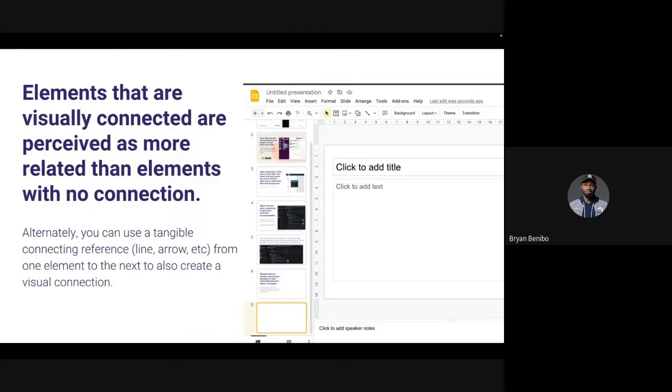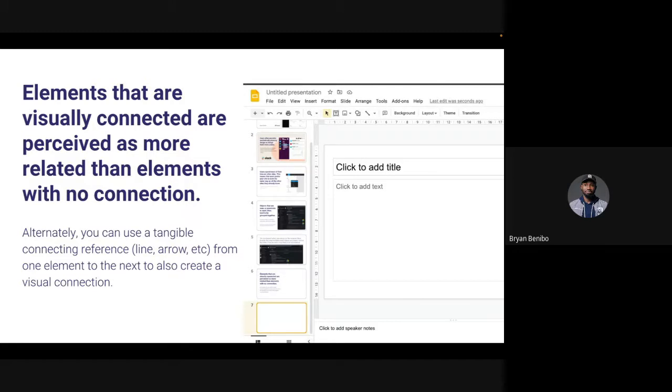So you have to create that separation, so that once the separation is there, it's easy for the eyes to figure their way through your products. But if you don't have that clear, tangible connecting reference, clear, tangible differentiation, clear, tangible spacing, people struggle to figure out where something is and where something is not. You understand? So always do well that your elements are visually connected.